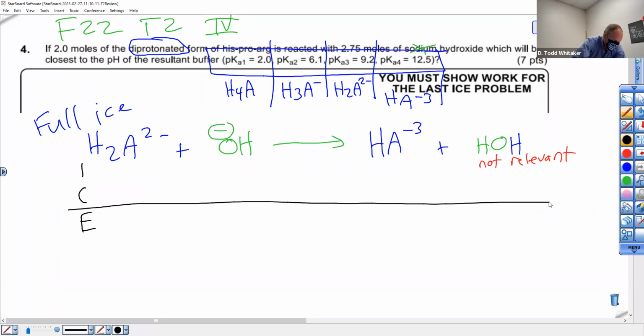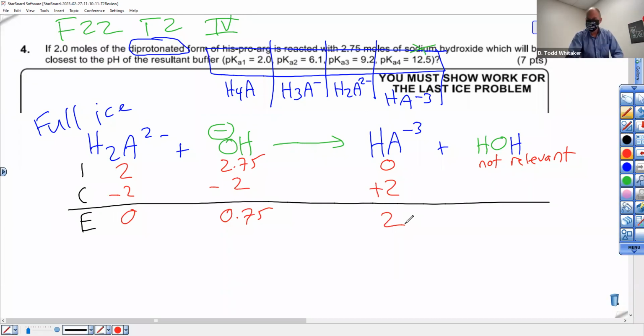I got H2A2 minus starting at 2. I got hydroxide starting at 2.75. I got 0 of this, and water we don't deal with. What's limiting here? The 2. And when you use 2, you make 2, right? So the hydroxide is not gone. That means you're not done. Hydroxide must react completely. You need ICE number 2,